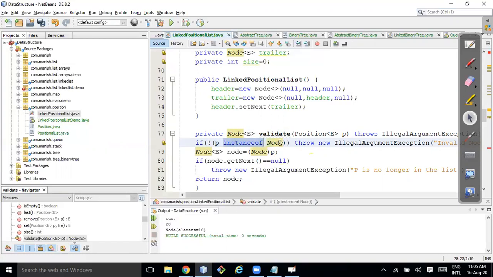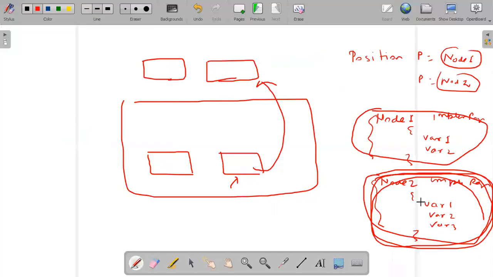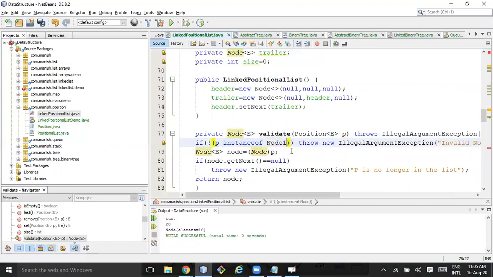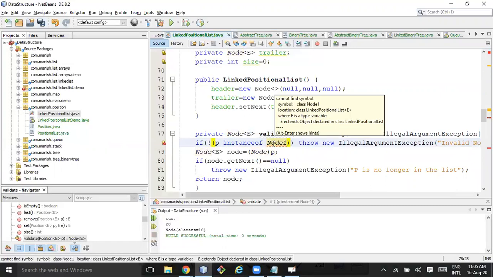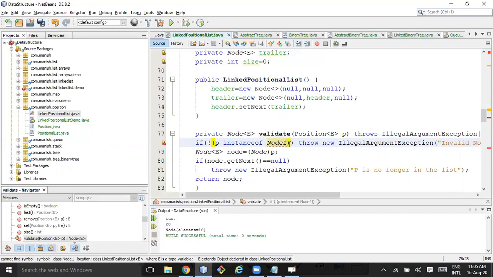As I told earlier, here there were two node classes. Let's say node 1 is the correct one, and if I am saying P is an instance of node 1, it will say yes, that is correct, and it will process. If it is an instance of node 2, then that position is invalid for my linked list and it will fail, right?